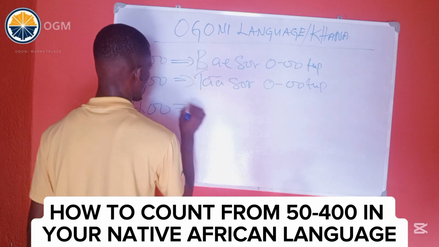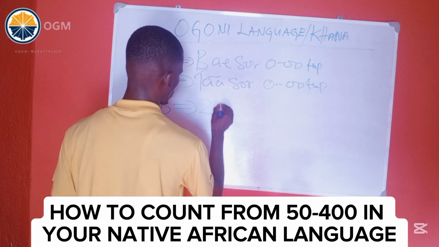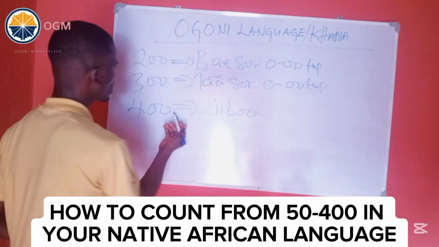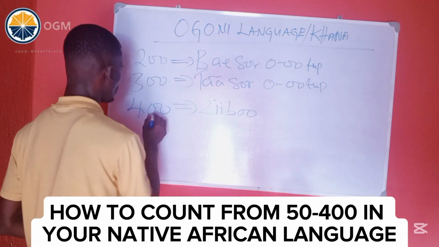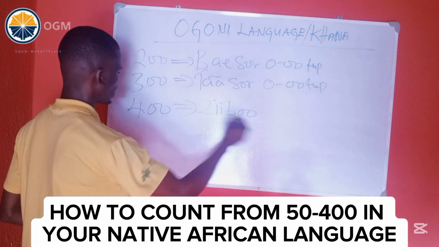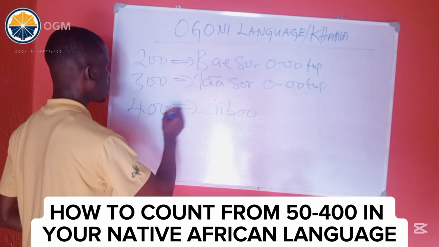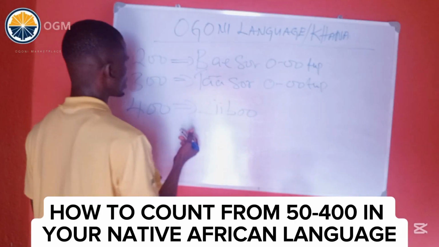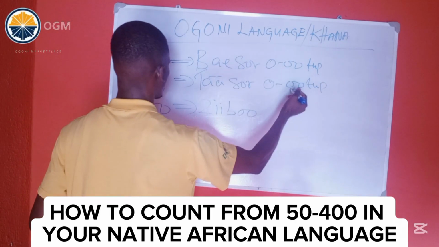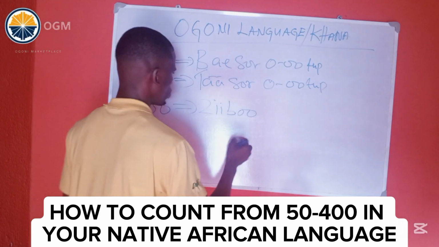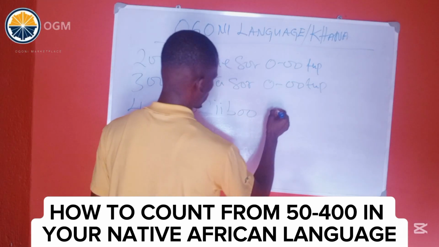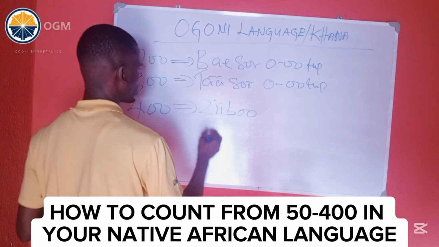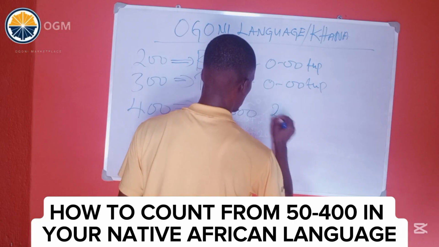Here is zimbo. What makes up this zimbo? For you to get what we call zimbo in Khana Ogoni language, you need to add 200 into two places, which is 200 plus 200. Here you say zimbo. So what you do to get this zimbo is this: 200